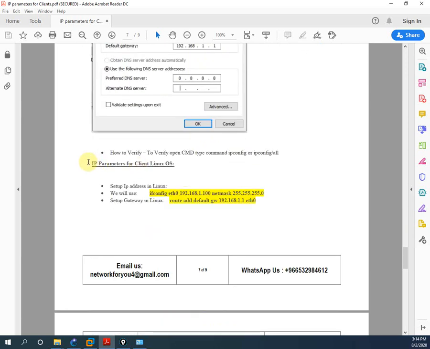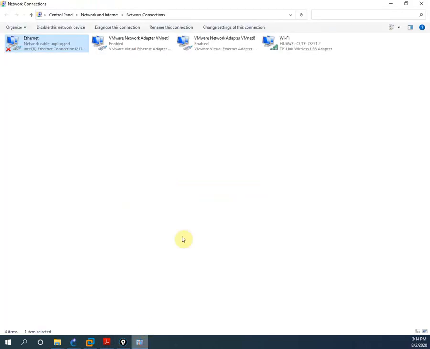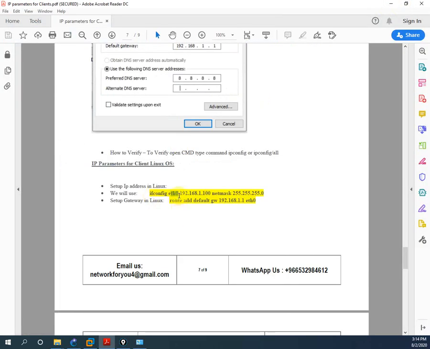Now we will go for the Linux OS. How we can assign the IP address in Linux: you need to write ifconfig space eth0. This is the interface, like the same we have the interfaces here. If you remember, whatever we have, Ethernet, VMware and Wi-Fi, same thing here we have eth0, Ethernet 0, 1, 2.